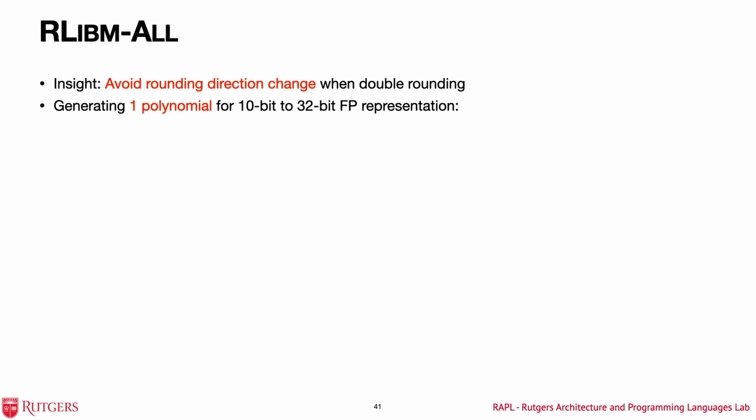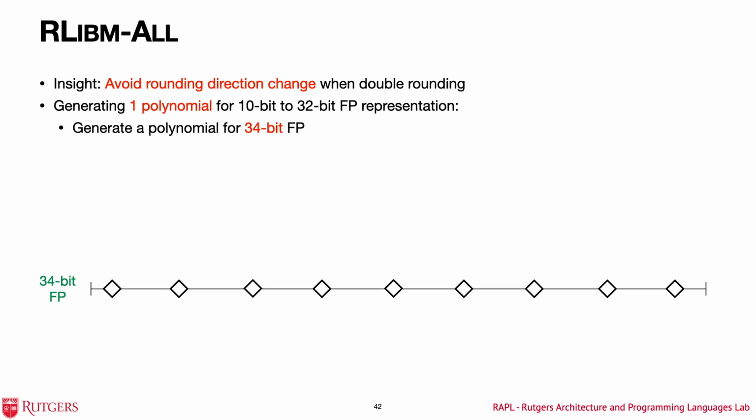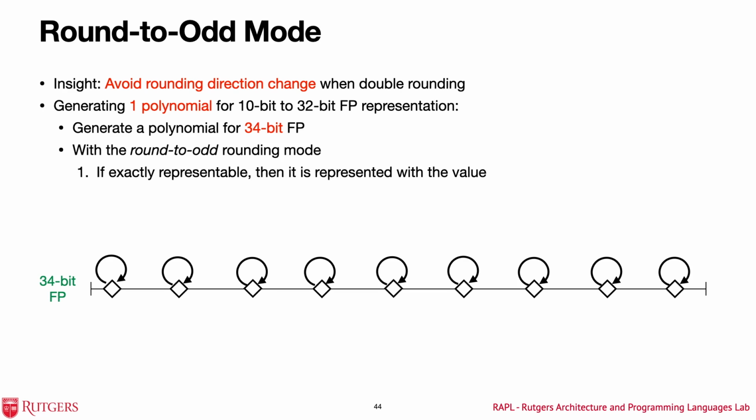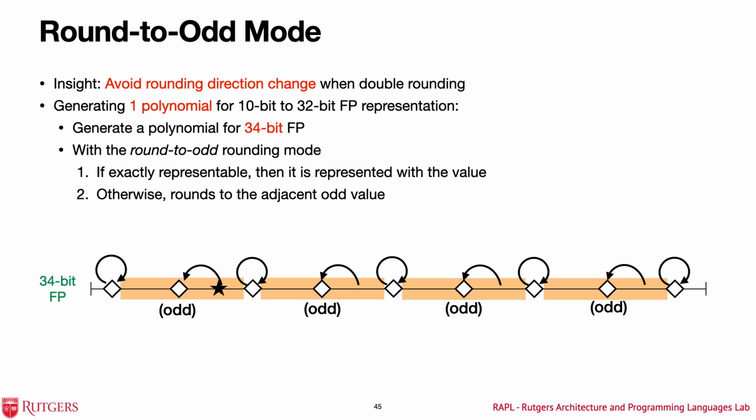In RLIBM-ALL, if we want to generate a single polynomial that produces correct results for 10 to 32-bit floating point representations, then we generate a polynomial for the 34-bit floating point representation using a rounding mode known as the round to odd mode. How does this rounding mode work? If the real value is exactly representable in our representation, then we represent it with that value. Otherwise, we round a real value to an adjacent value where the bit representation is odd when interpreted as an